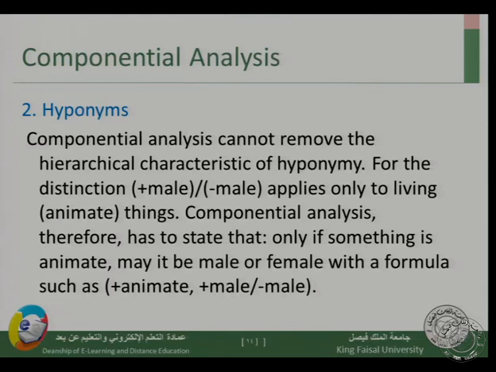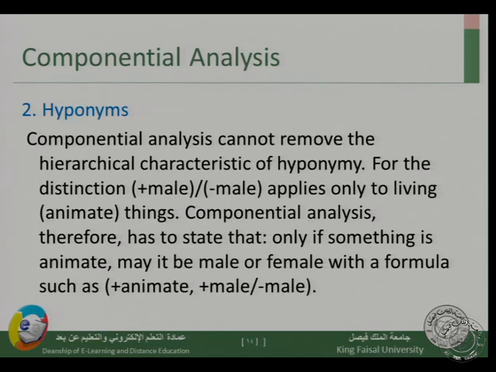When we look at the distinction plus male and minus male for females, this only applies to living animate things, and so we need to add more labels. So it's not really very clear when we use just plus male and minus male. We need to also say that this applies only to animate beings, that we have plus male and minus male. So componential analysis has to state that only if something is animate, may it be male or female, using a formula like the one we have here. So plus animate, we must state this first, and then we say either plus male or minus male. And so we now need to deal with more labels,